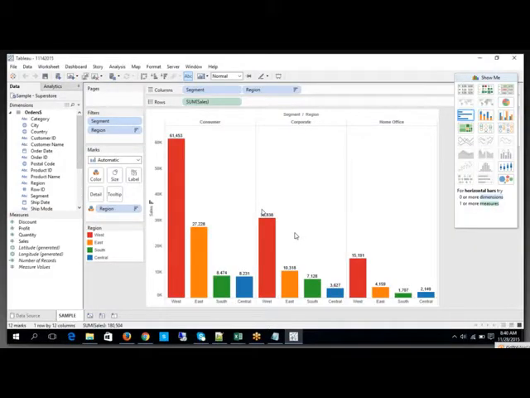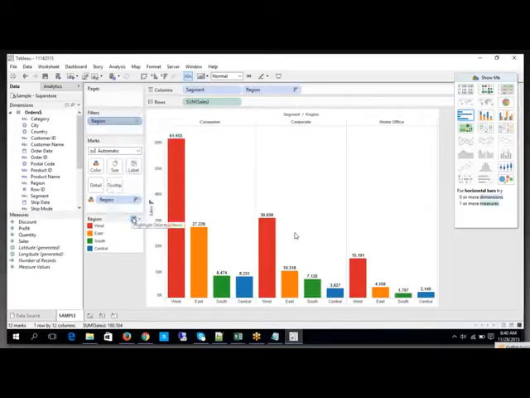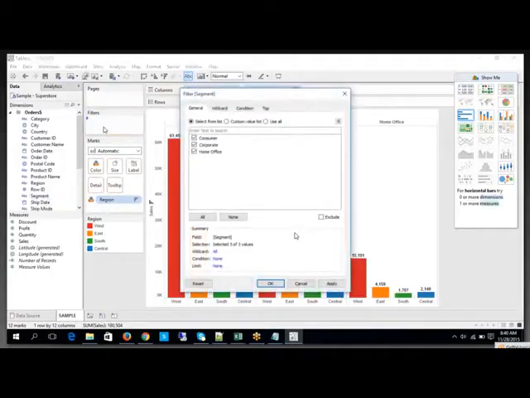You have some Excel, you have a worksheet. Guys, where do we apply a filter in general? Let's say I would like to apply a filter on segment. We already have a filter here, isn't it? Let me remove this. Where do we apply a filter? We will apply a filter over here.